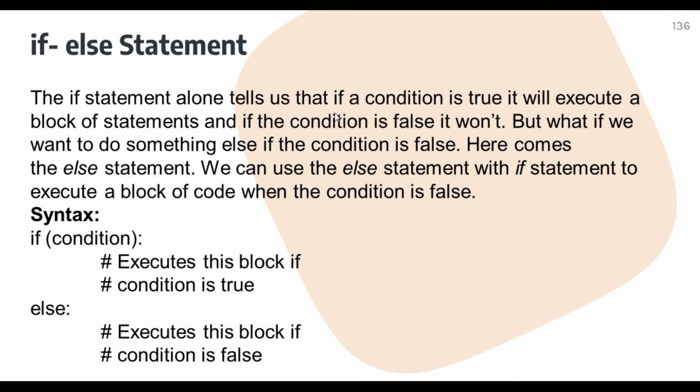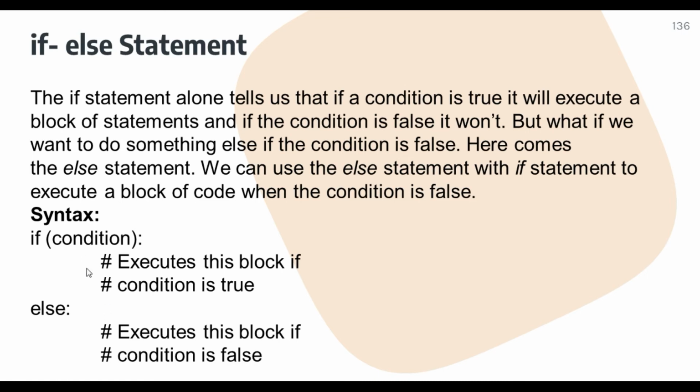The if statement alone tells the condition is true, and executes the block statement. If the condition is false, it won't show you any output. But if we want to do something in an else part, if the condition is false, then we have to use the if else statement. So here you can see the syntax, student. Here we have put the if condition. This block will execute only once the condition is true. Otherwise, if the condition is false, the control will not go inside the block.